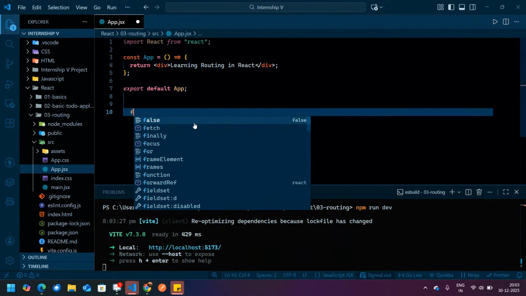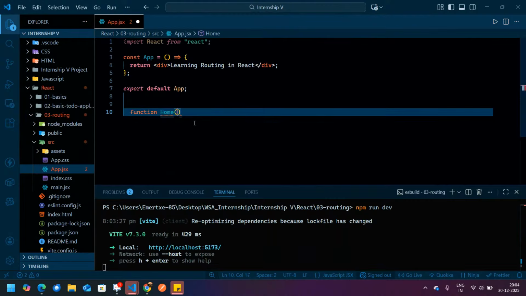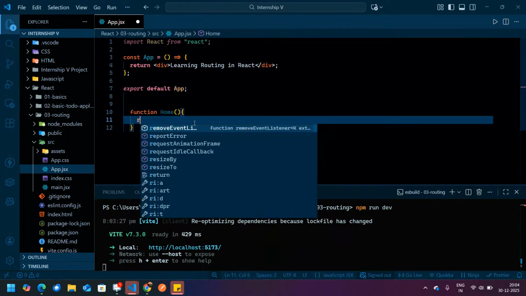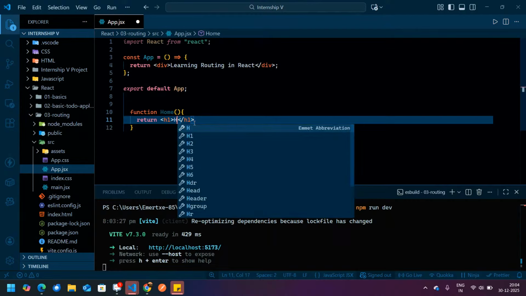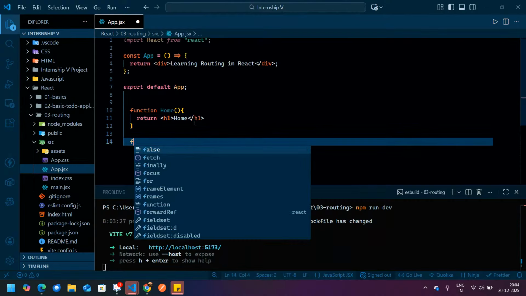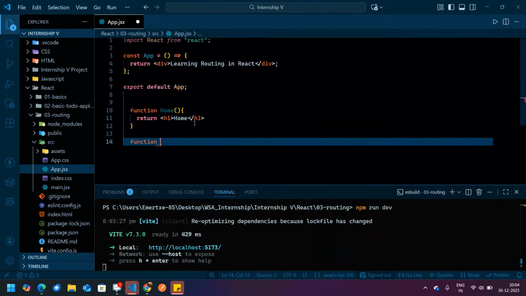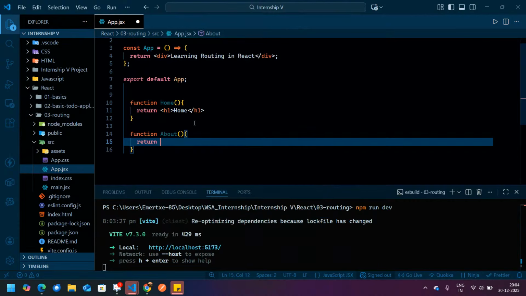Suppose you want to show home. Function Home, and return an H1 tag, Home. Then function About, return an H1 tag, and I will write About.